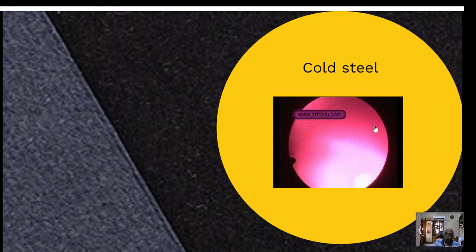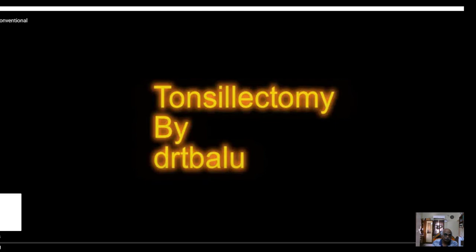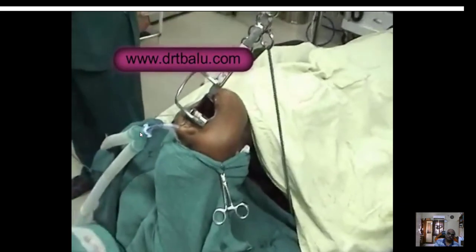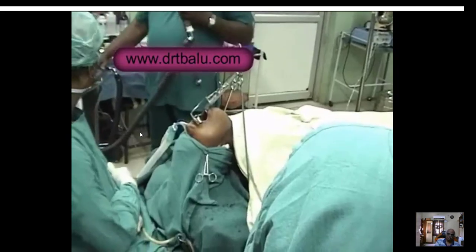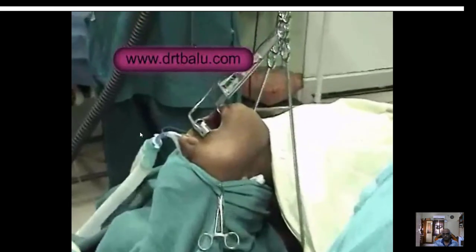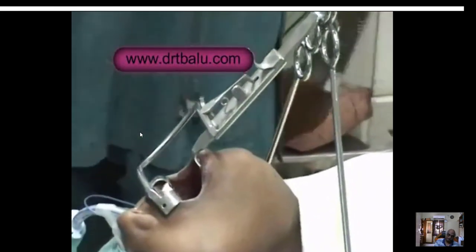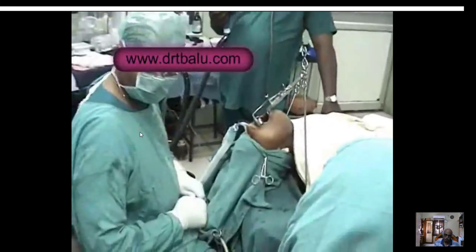So this is a video clipping showing cold steel tonsillectomy being performed. Tonsillectomy is a surgical procedure. Here the patient is put in Sister Rose position. Sister Rose was actually the operation theatre nurse who suggested this position. The uniqueness of this position is that the neck is hyperextended and the head is also extended at the atlanto-occipital joint,